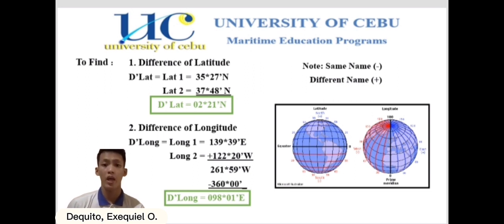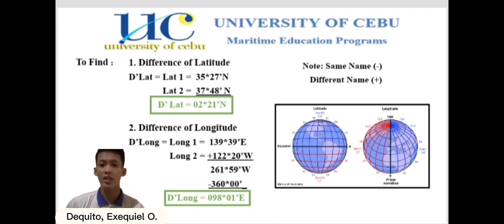So Dlat 1 is equivalent to 35 degrees 27 minutes north. And Dlat 2 is 37 degrees 48 minutes north. So note that the same name is subtract and the different name is add. So the number 1 given, they both have the same name. So subtract